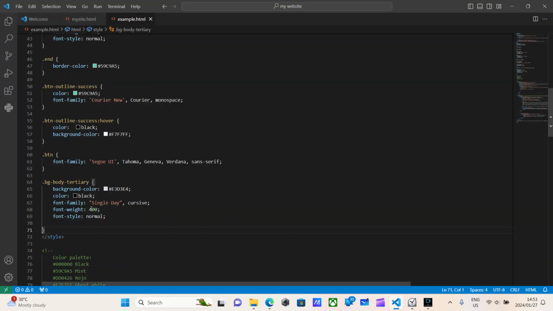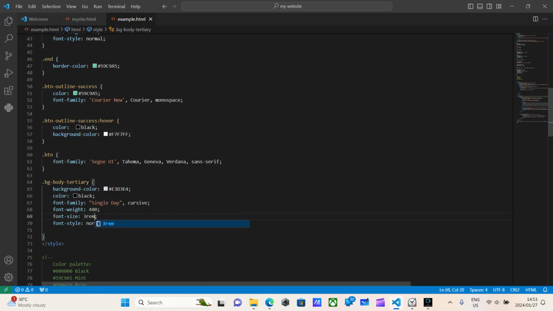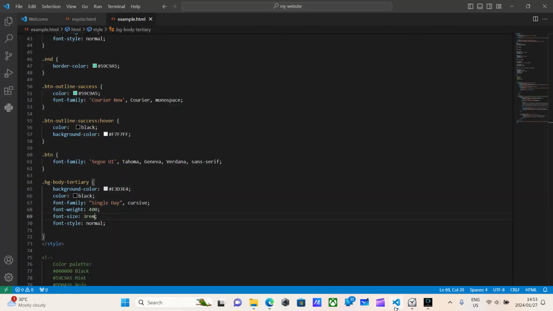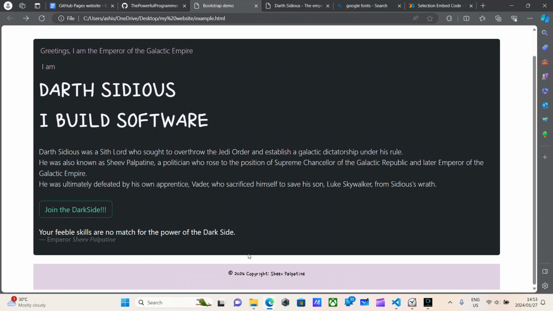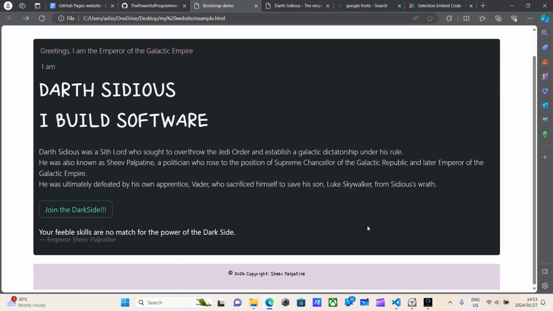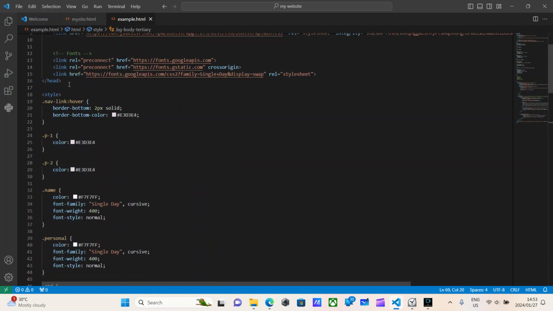I actually want to change the font size. Font size, let's do 3 rem to ensure that it grows. Is that too much? Way too much. Let's do 1 rem. Okay, that seems fine. And our final change, we shall navigate to the top of our style sheet, and we will pass in